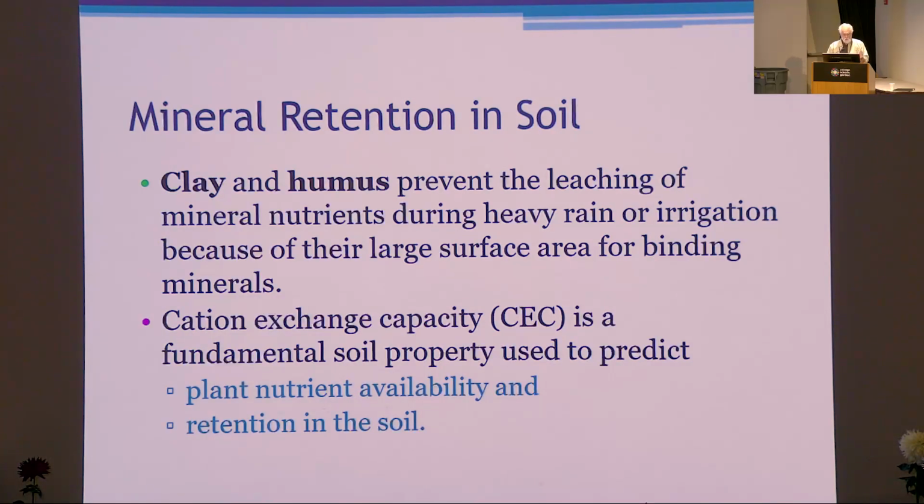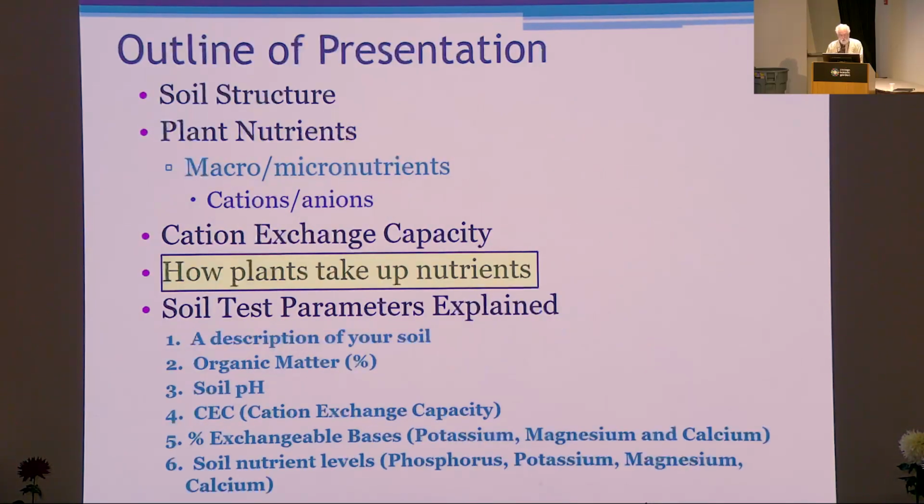And so the cation exchange capacity can be used to basically predict the nutrient availability in your soil. The higher the number, the more likely there are more nutrients available, and the better ability of your soil to retain those nutrients during watering, for example, or rainfall. All right,